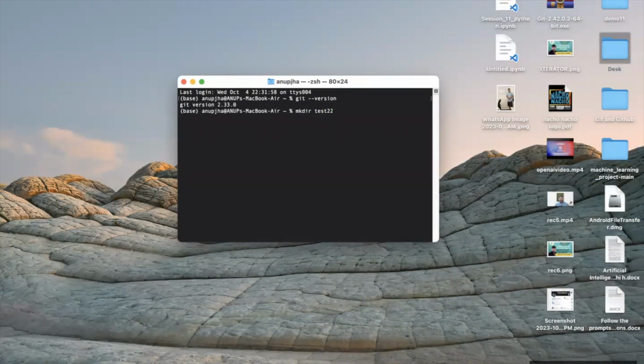repo. Give test repo. The name of the directory is test repo. Fine. So if I press the enter key,